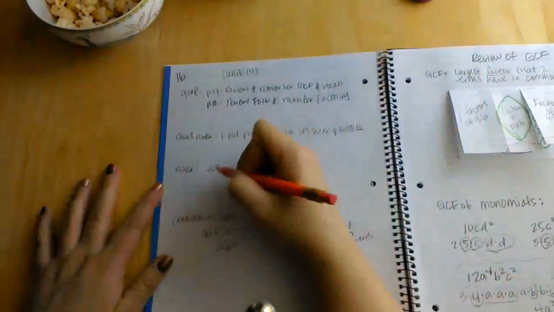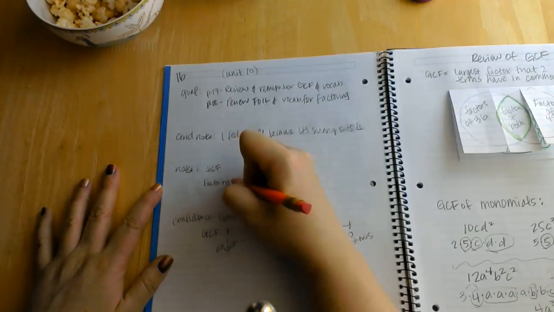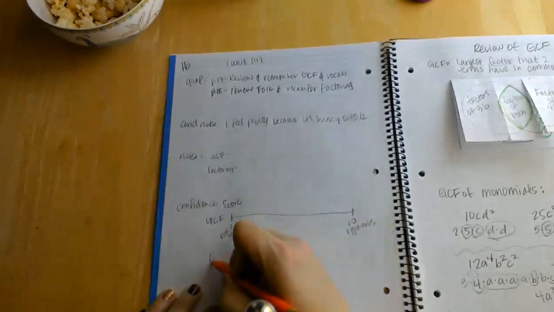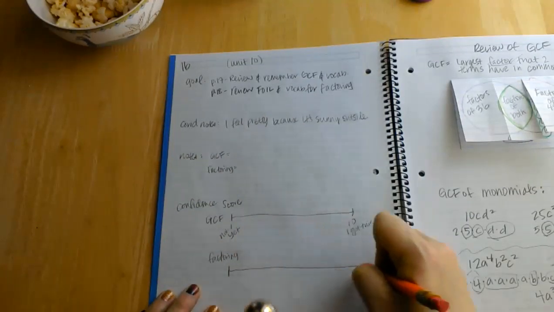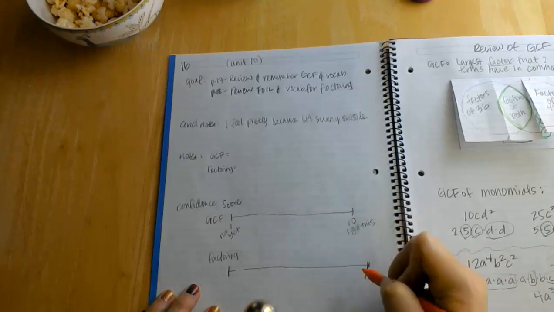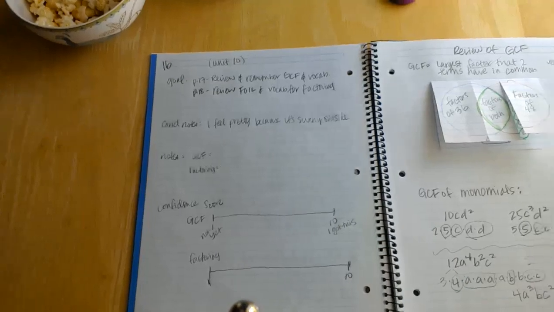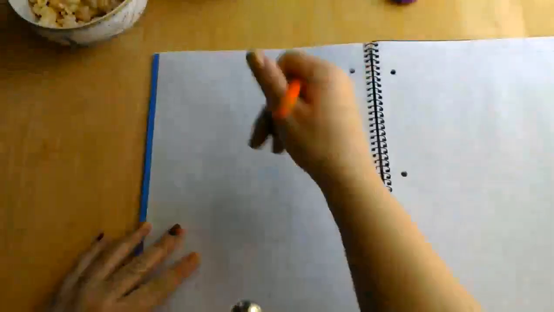So tell me how you feel about that. Maybe give yourself a confidence score on this factoring idea. Oops, I made it longer. So 1 to 10, right? How do you feel about all of this? And then we'll come over here to page 18.